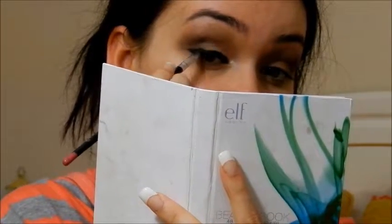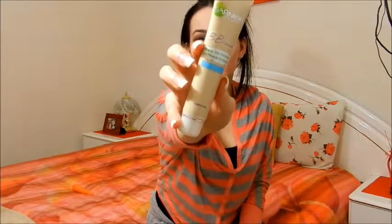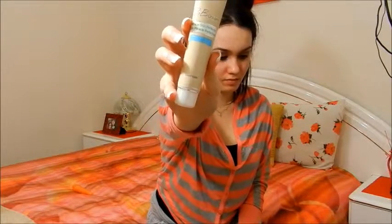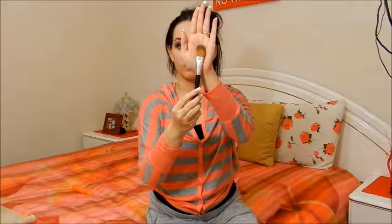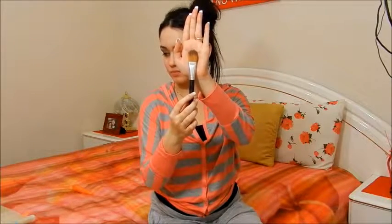I'm just going to use my hands to wipe away any fallout that you may have underneath your eyes before we go in with the BB cream or foundation, whatever you're using. I'm using the Garnier BB cream. The color is light. I'm taking that on a paddle foundation brush. I think that's what you call this. And I'm going to apply this. First I dot it all over on the areas of my face,